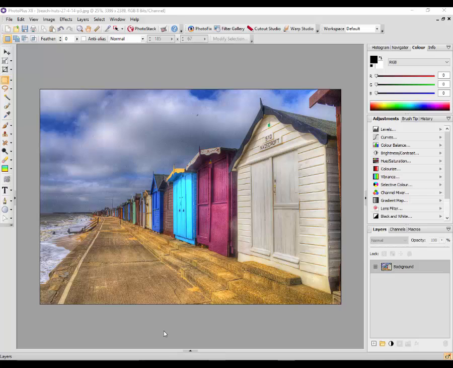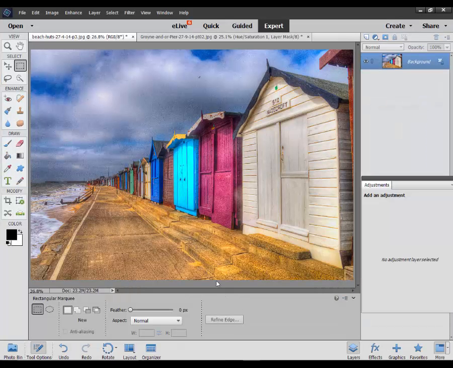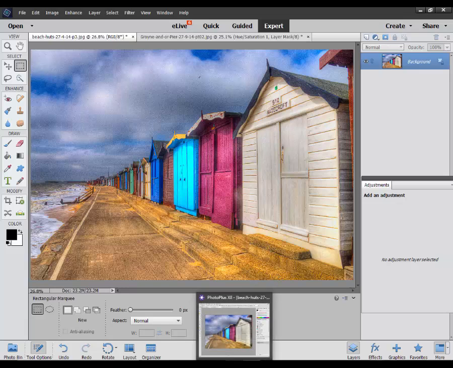So what I've done is I've opened a couple of pictures here in PhotoPlus, and I have also opened those same two pictures in Adobe Elements. Now I'm using version 14 of Elements and version X8 of PhotoPlus. There are obviously slight variations from the earlier versions, but basically if you have earlier versions of both these programs, they should pretty much be the same. So let me go back to